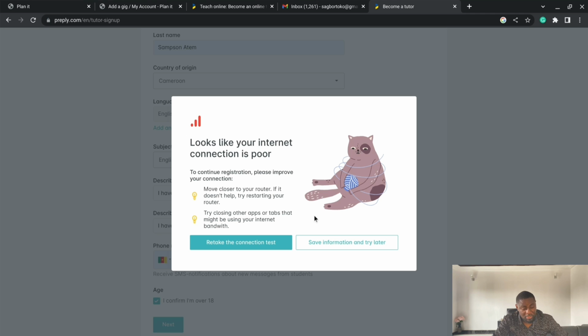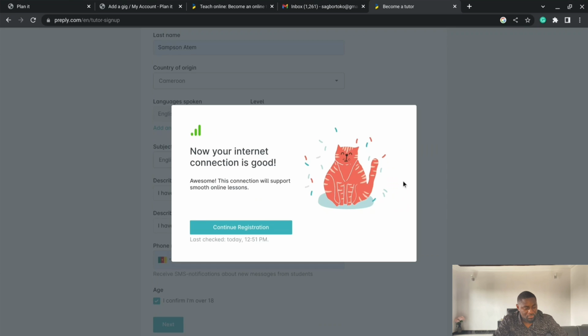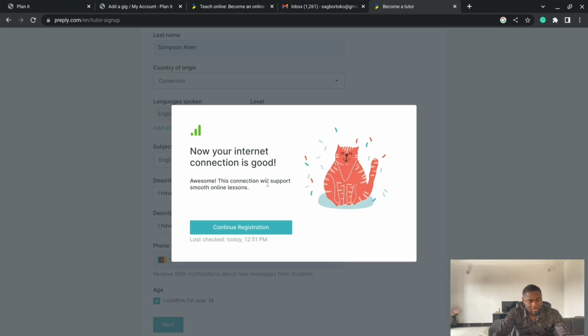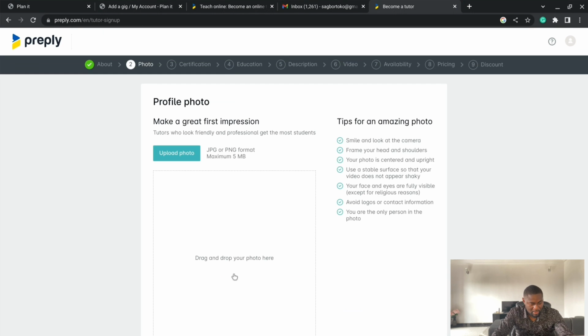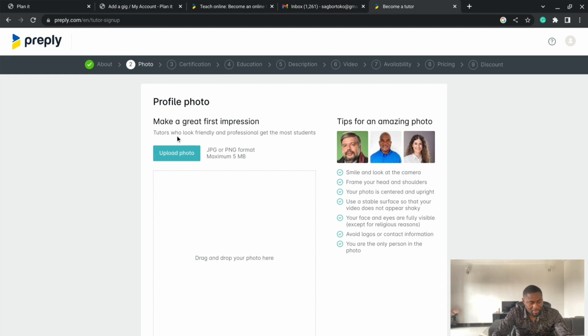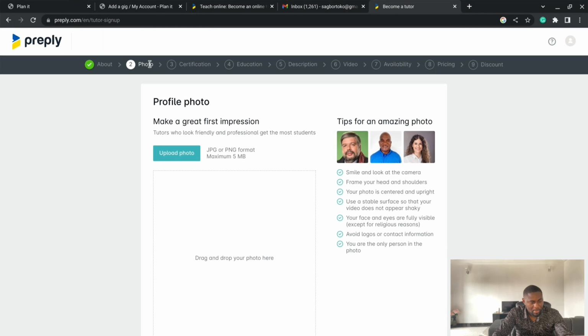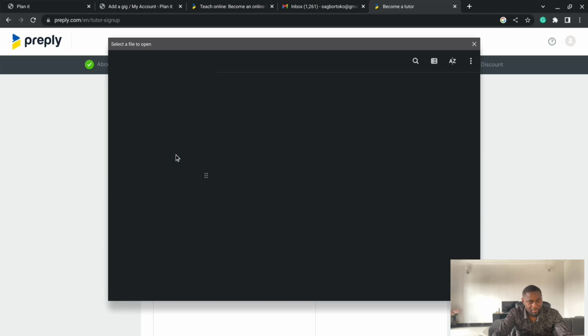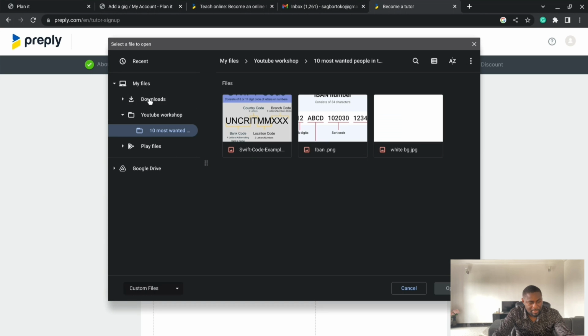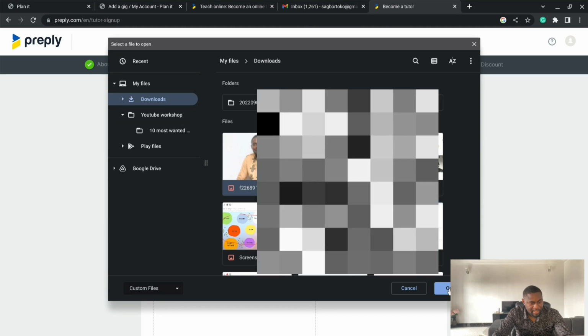Okay, so when you switch to strong internet, you can hit the retake test connection and move forward. So I switched to a better Wi-Fi, and now it's very good. So I'm going to click on continue registration, and here I am going to upload a profile picture. Yeah, here on the right hand side we have tips for an amazing photo. You can follow this photo examples, okay? So since I have a photo already, I'm going to